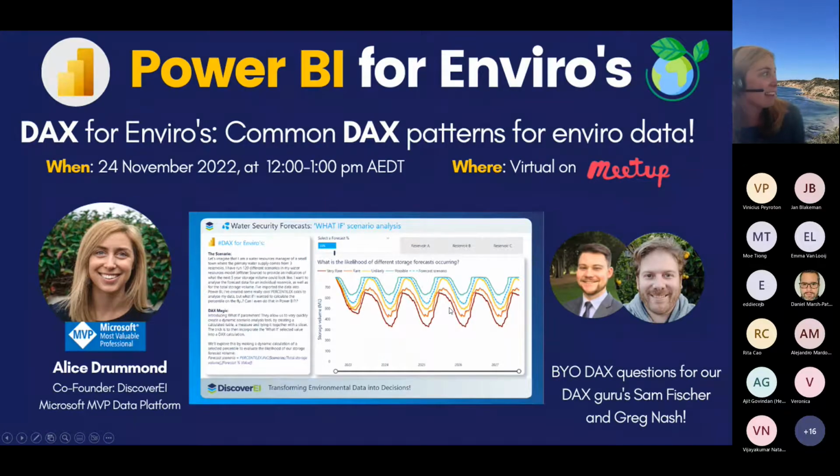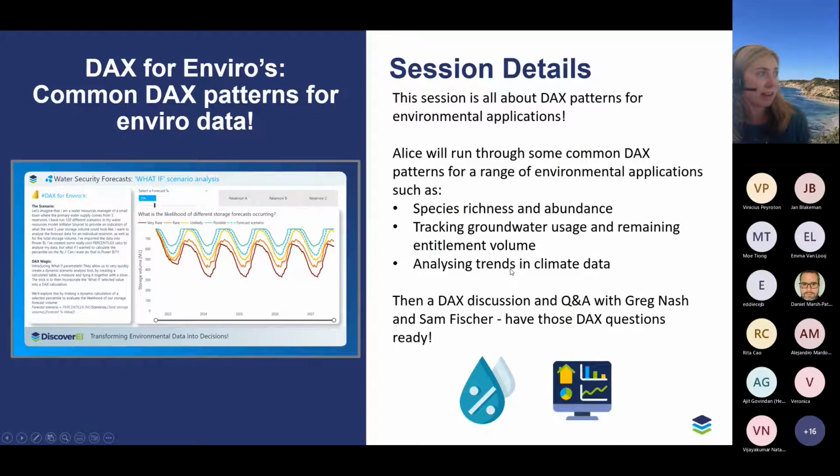So today's session is all about DAX for Enviros and sharing common DAX patterns for environmental data. As I mentioned previously, I'll run through some common DAX patterns from a range of different environmental applications, such as calculating species richness and abundance, tracking our groundwater usage and remaining entitlement volume, having a look at averages and moving averages to analyze trends in climate data.